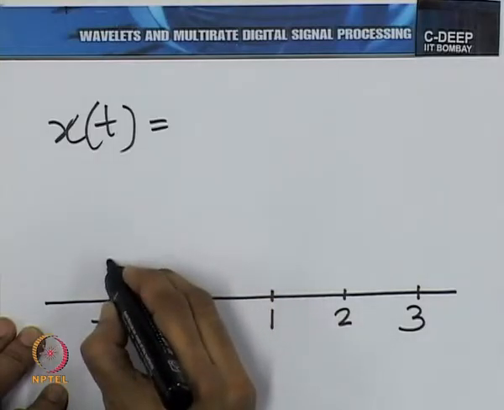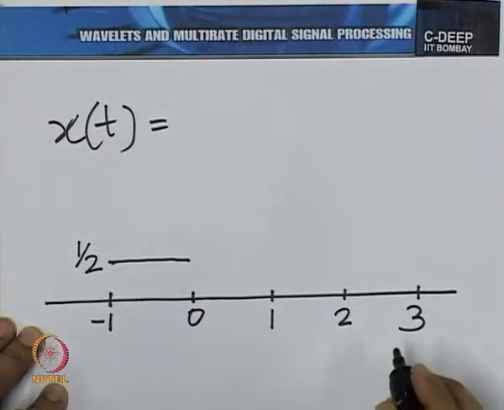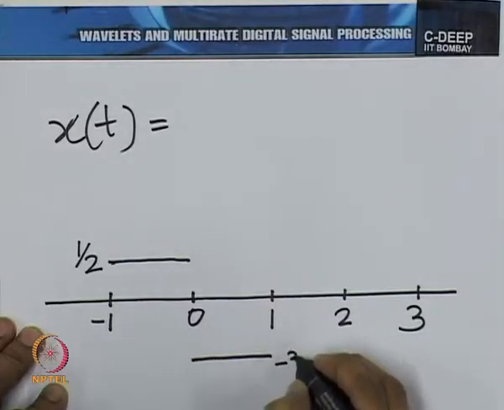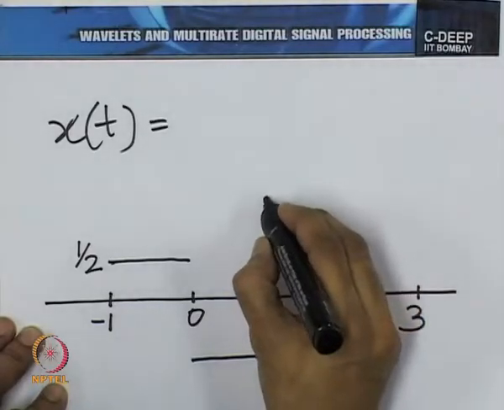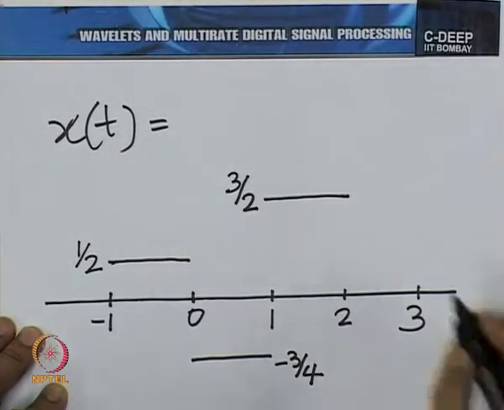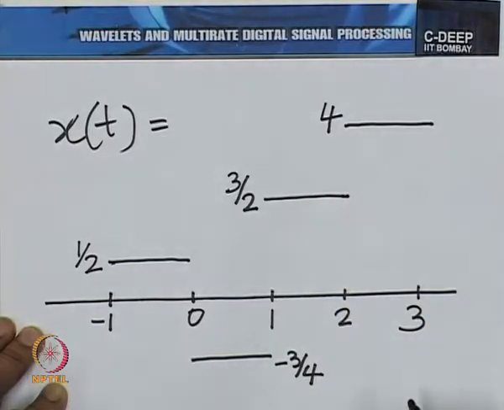So, let it take the value, let us say, half, for some variety, between minus 1 and 0, minus 3 by 4 in the region from 0 to 1, 3 by 2 in the region 1 to 2, and let us say 4 in the region 2 to 3. So, it is very easy to see that x of t can be written